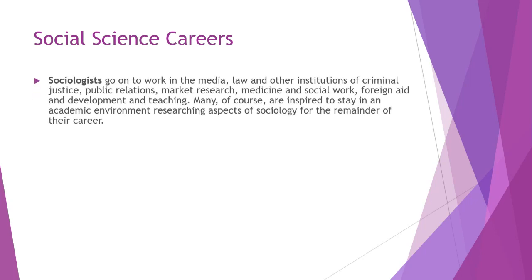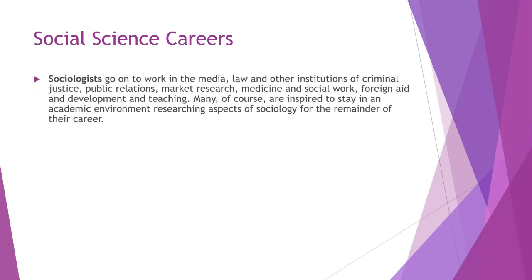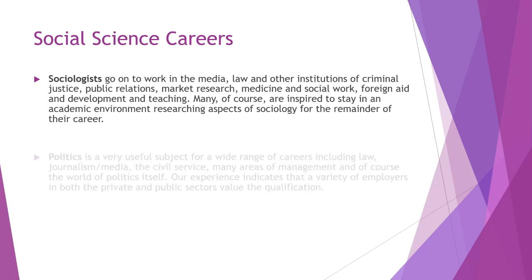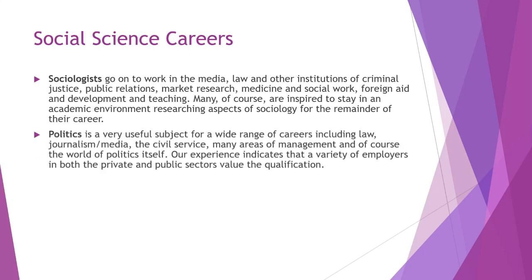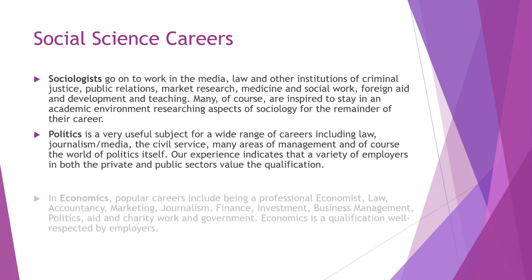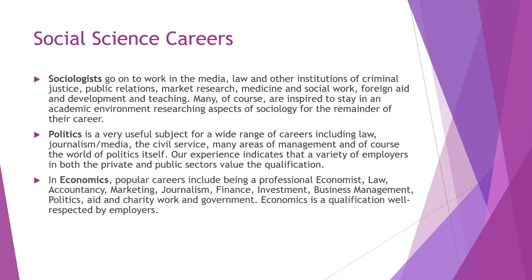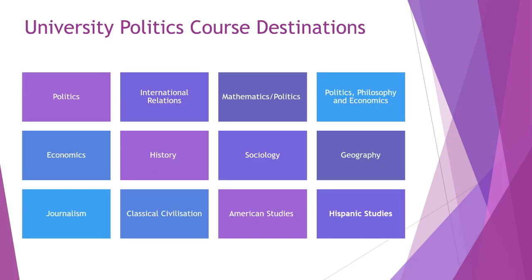And really that brings us to the idea of careers for social scientists. You can see on the screen a range of media, law, criminal justice, excellent for sociology, very similar for politics, and journalism and media come up very much. In terms of economics, obviously marketing, employment, journalism, finance, investment, etc. All great courses, but individually, the sort of courses that students go on to in politics, you can see some will do politics, economics, journalism, history, geography, American studies. Lots of students do a combination, so they might do economics and politics, or politics, philosophy and economics.